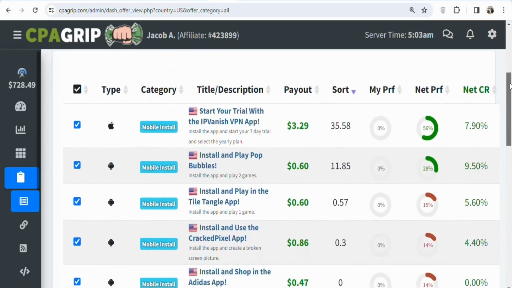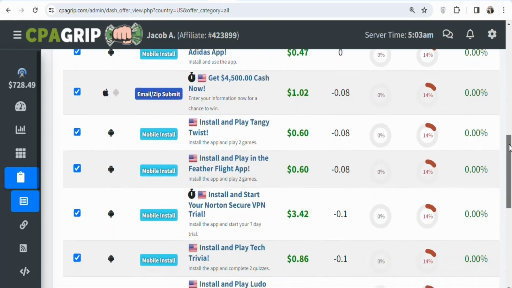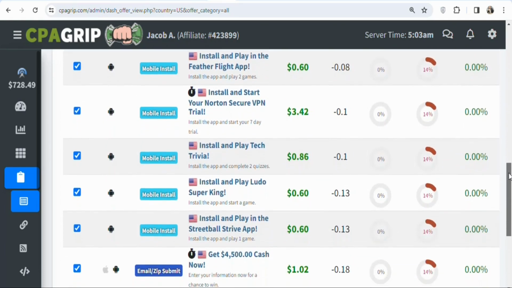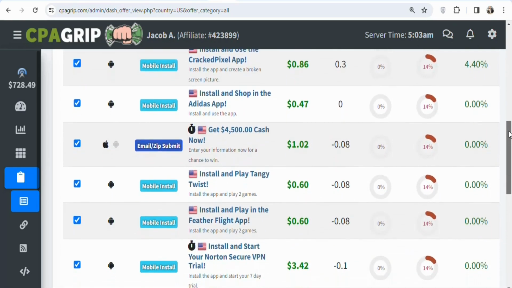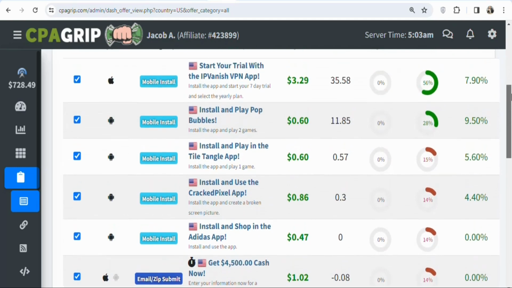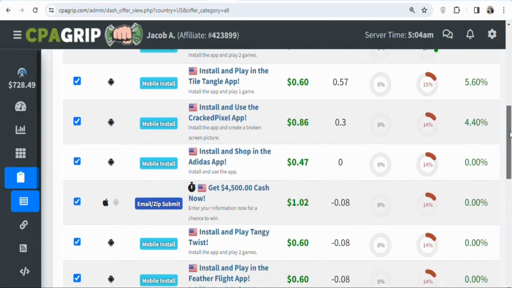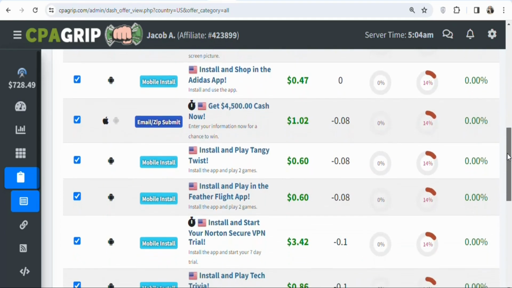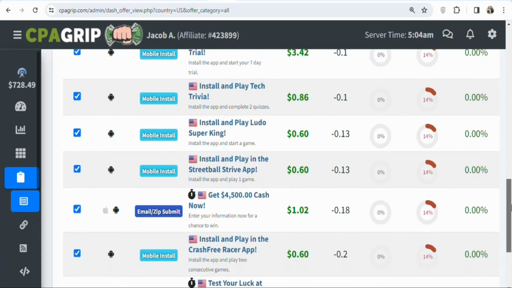So if you have a traffic source in the United States, you can select any of these offers that you want and then promote it. But one of the disadvantages is that some of the countries have offers with lower payout. As you can see on your screen, all these offers have lower payout. So if you promote any of these offers and get a conversion, you are going to be earning a low amount. So you have to search for a country where you can get offers with higher payout.